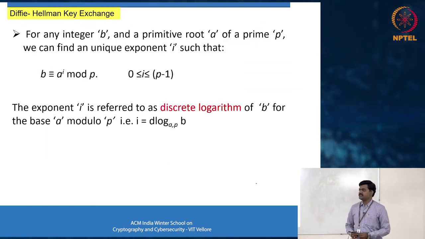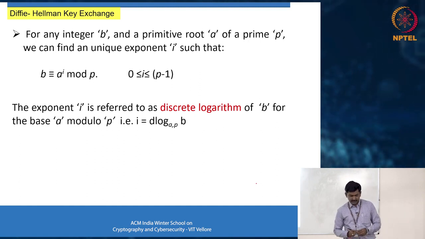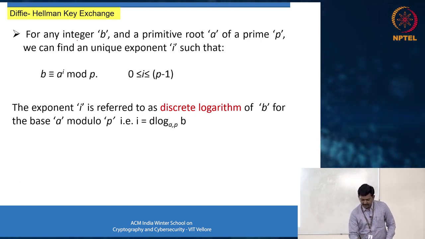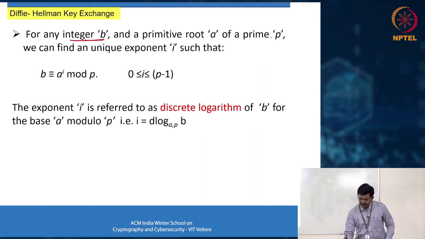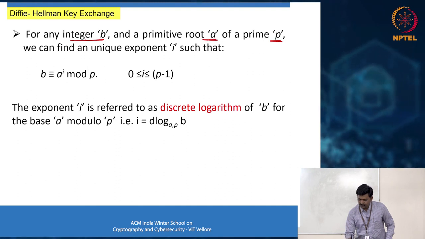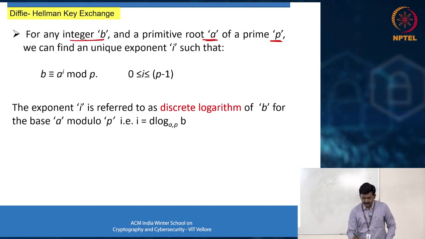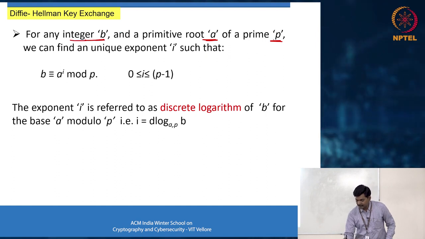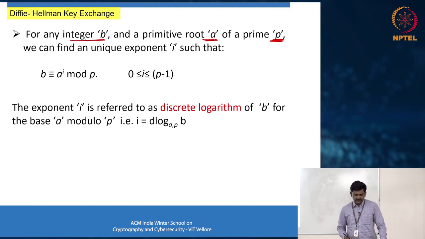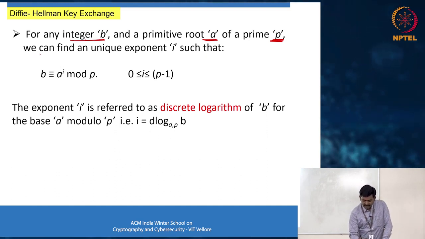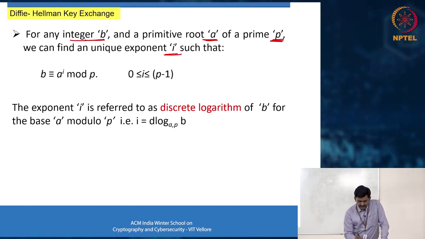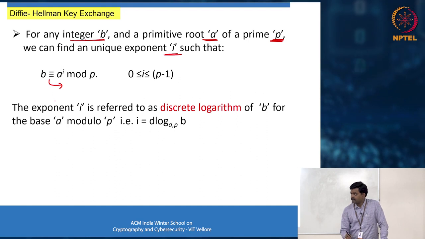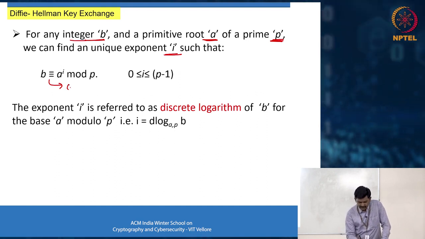Then once you have this, what does it say? It says, imagine for any integer b, you have a prime number p and its primitive root a. What is it that you have? An integer b, a prime number p and the corresponding primitive root of the prime number, a. Then we can find a unique exponent i in a way that b is congruent to, I think you are all aware of this particular symbol,